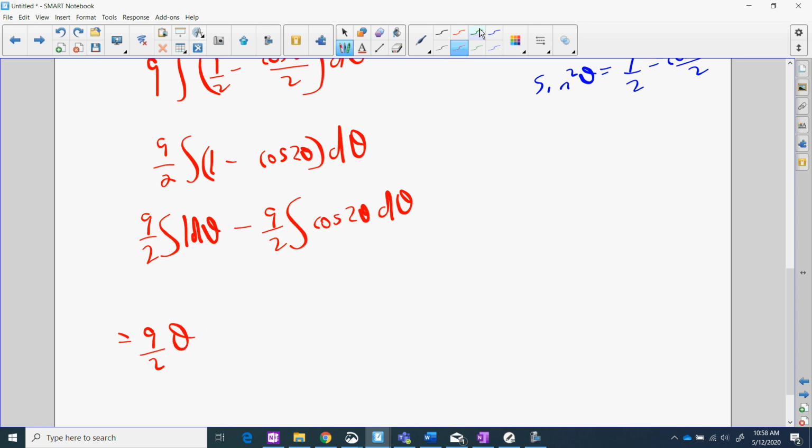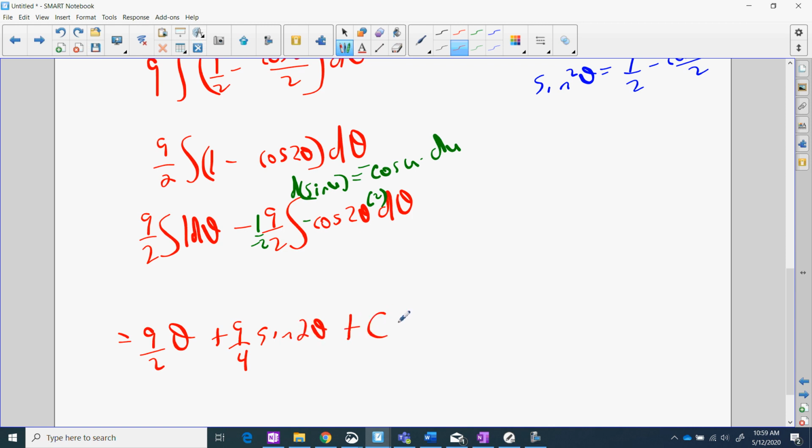Now, cos u, if you have the pattern cosine u times du, that's close to the derivative of sine u. The derivative of sine u is close to that, but it's negative cos u du. So in order for this to be one of my differentiation rules, I need to put a negative here, and I also need to put a 2 here. That will now give me negative cos u times du. What you see in green wasn't there; I've added it in myself. Negative 2 means I have to put out in front 1 over negative 2. Those two would wipe each other out. So that is going to change the coefficient in front to be a plus 9 over 4, because it's negative, negative. So plus 9 over 4. The integral of negative cos u du is sine u, being in this case 2 theta,